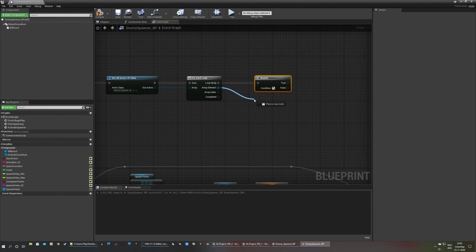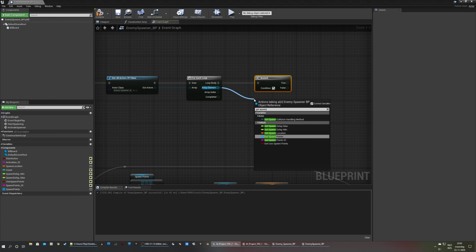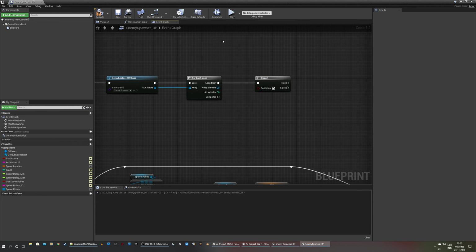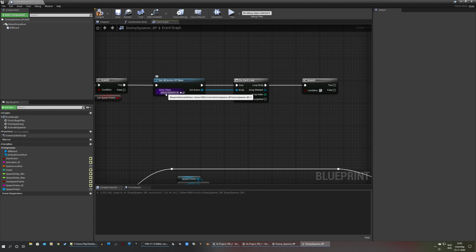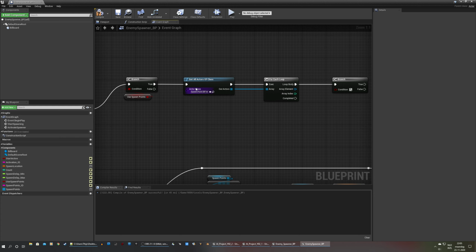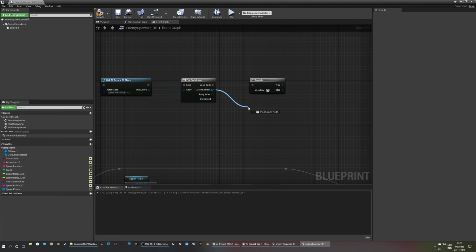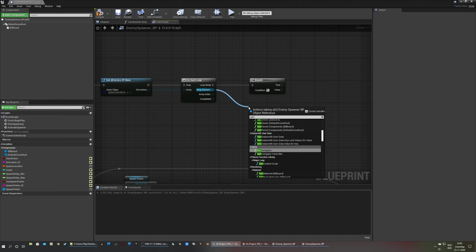So drag off the array element, type get spawn point ID. Oh, we don't want to get the enemy spawners in here, we want to get the spawn points, I'm sorry. So look for spawn point blueprint in the get all actors of class. Now if we drag off here and look for get spawn point ID,